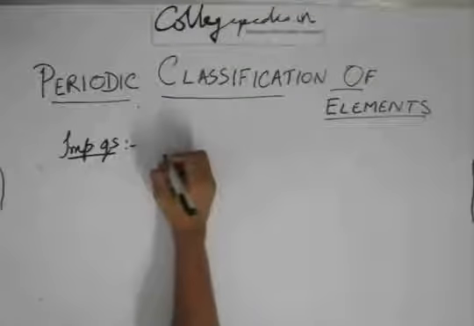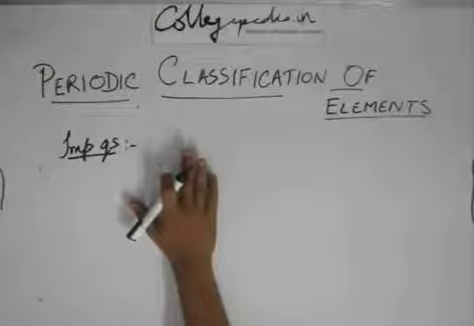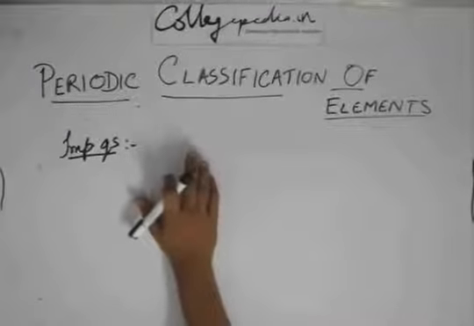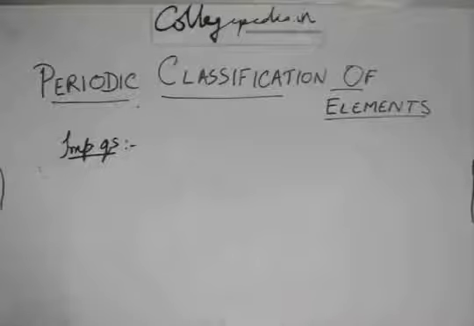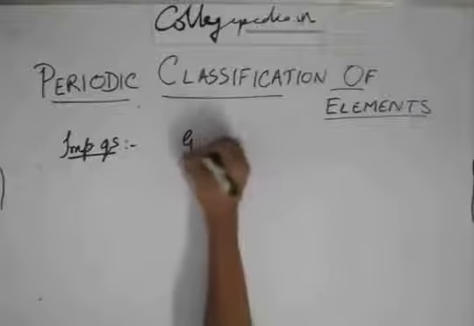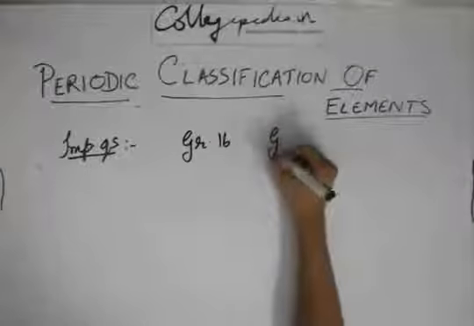Then we come to the modern periodic table. Most of the questions are from the modern periodic table, because you can frame better questions there rather than just theoretical questions. They ask you about trends, and they don't ask you about the trends directly. They will say that there is a group, suppose group 16 and group 17,